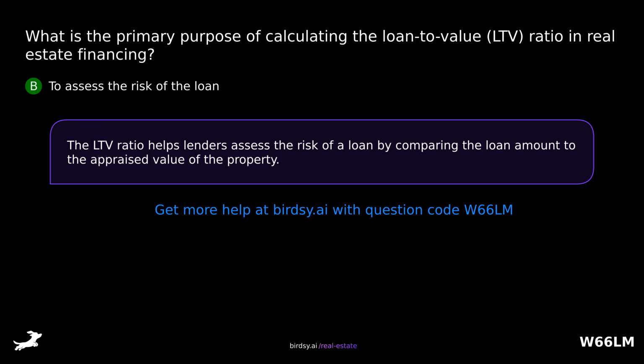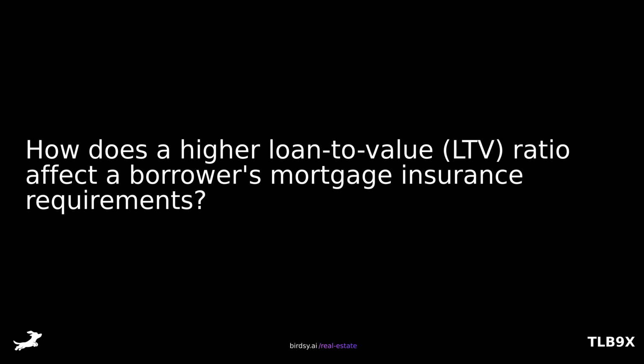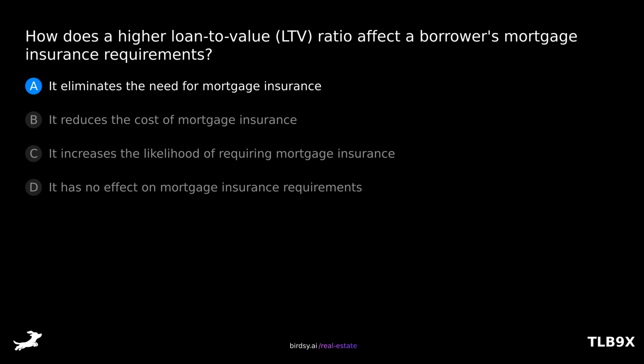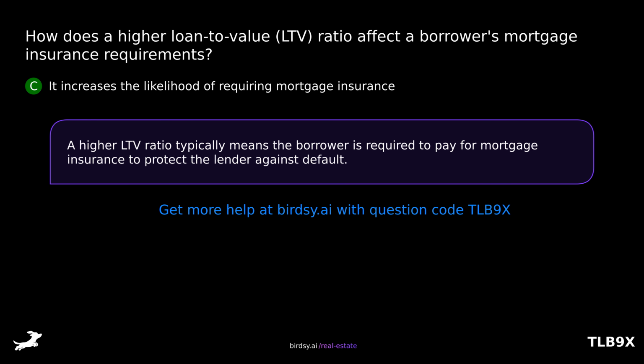of the property. How does a higher loan-to-value ratio affect a borrower's mortgage insurance requirements? Is it A. It eliminates the need for mortgage insurance? B. It reduces the cost of mortgage insurance? C. It increases the likelihood of requiring mortgage insurance? Or D. It has no effect on mortgage insurance requirements? The answer is C. It increases the likelihood of requiring mortgage insurance. A higher LTV ratio typically means the borrower is required to pay for mortgage insurance to protect the lender against